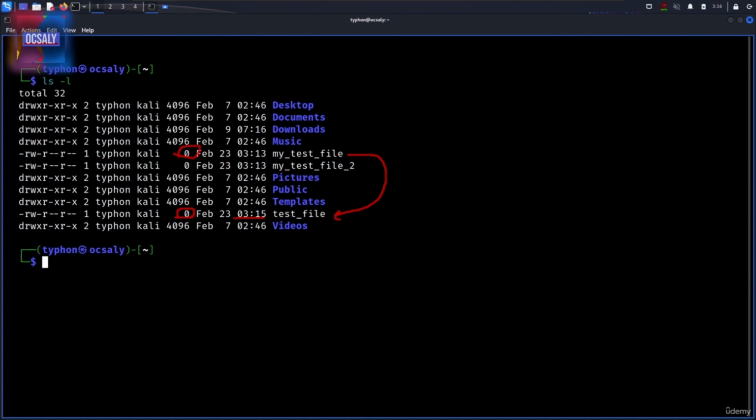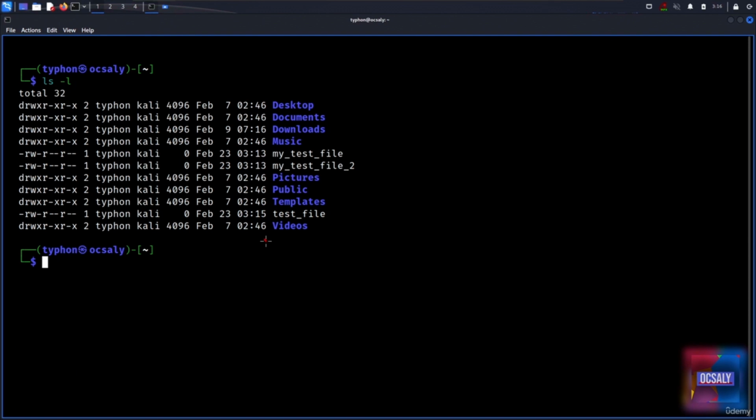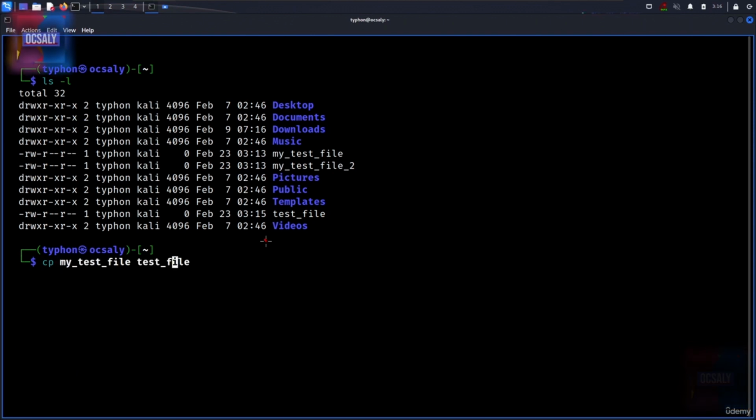So the new test file shows a different modification time than our previous test file. If a destination file already exists, the cp command may not prompt you about this fact, so it is best to add the -i option here. The -i option forces the shell to ask whether you want to override a file or not. So we will do that like this: cp with the -i parameter, and override test file, yes,